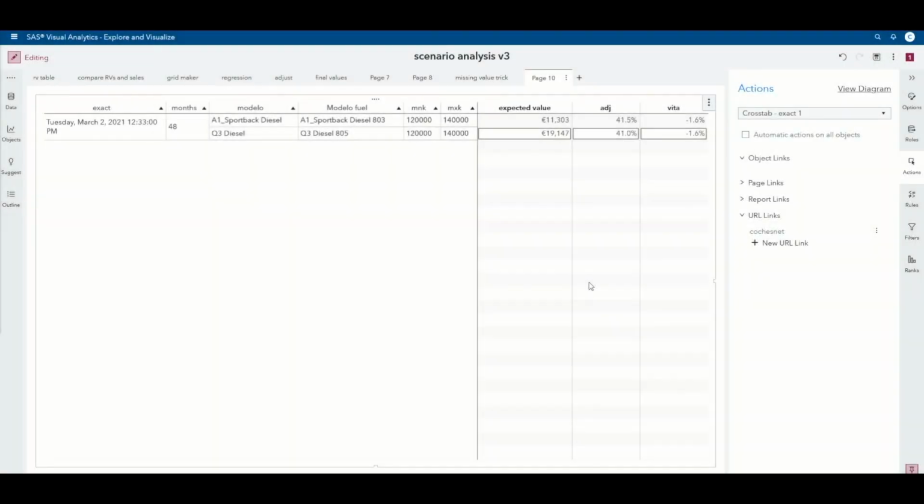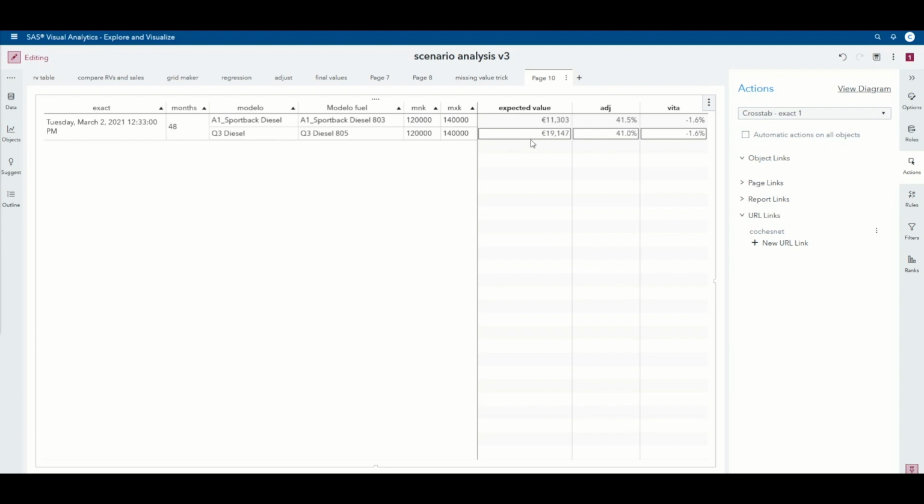Let's add another feature to this report. We finally decided upon a commercial adjustment for residual value estimate, which is expressed as a percentage of the list price. So we can create a calculated item to express it as an expected value for remarketing this specific car.